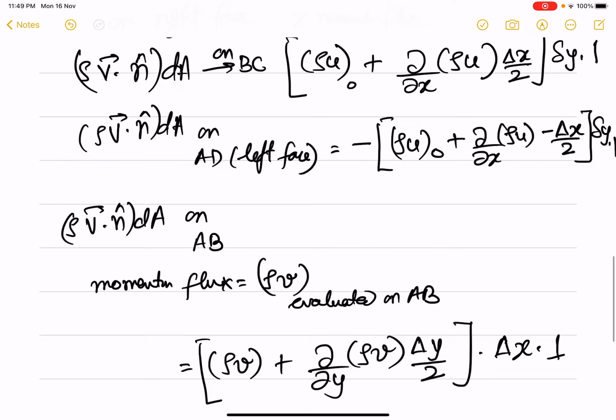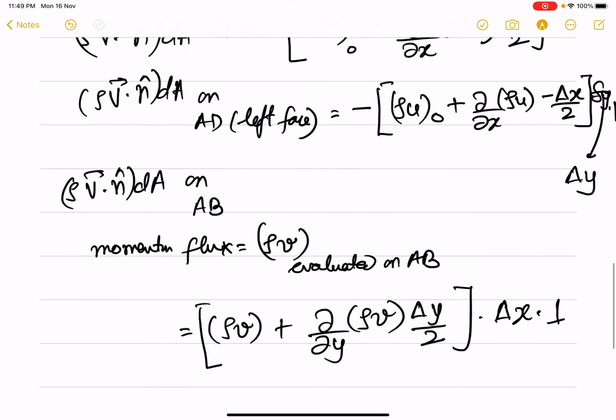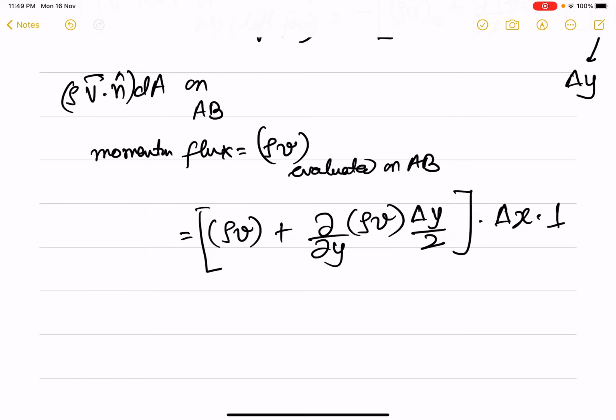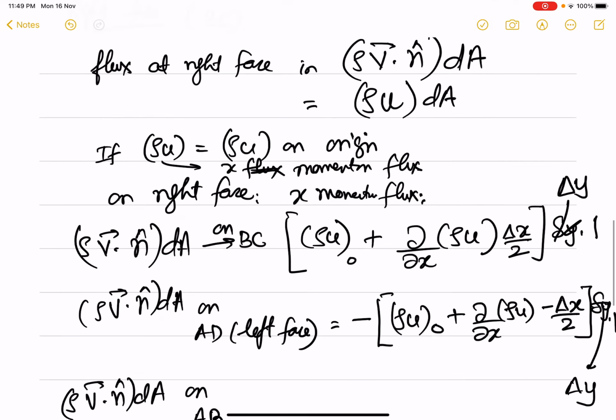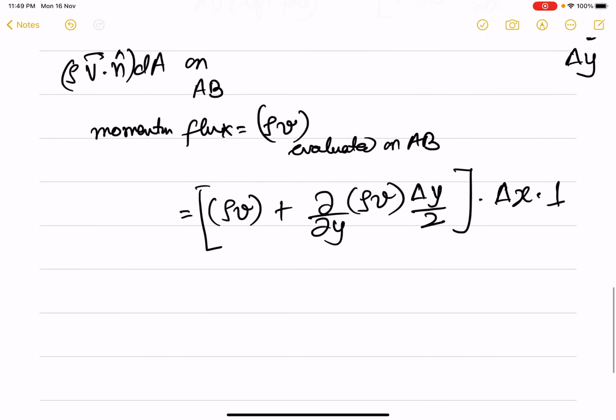Well, here maybe I have interchanged the notation. Let's make it delta y, and let's make this also delta y, because let's stick with consistent notation. So this is the momentum flux on AB, and momentum flux on CD